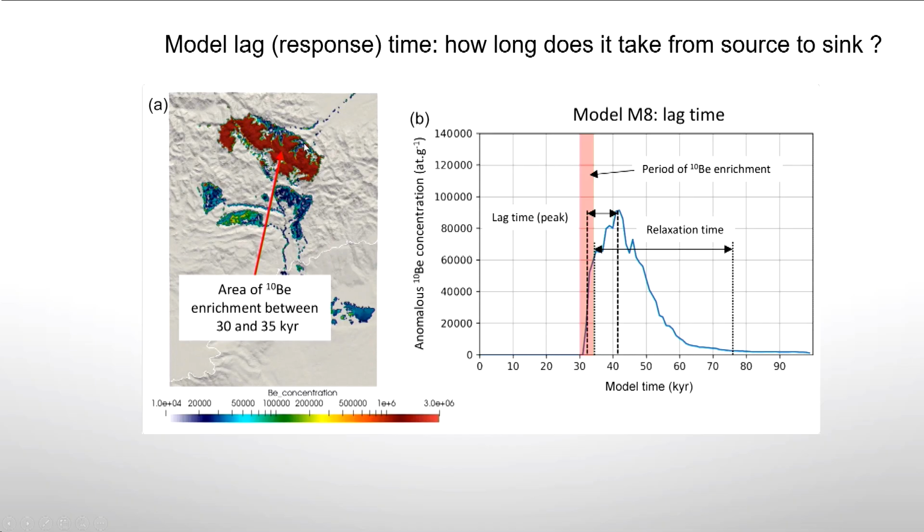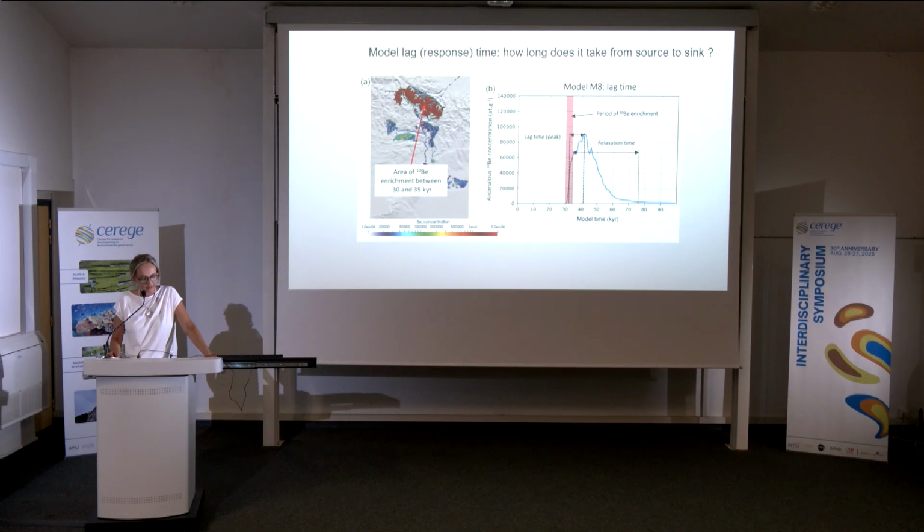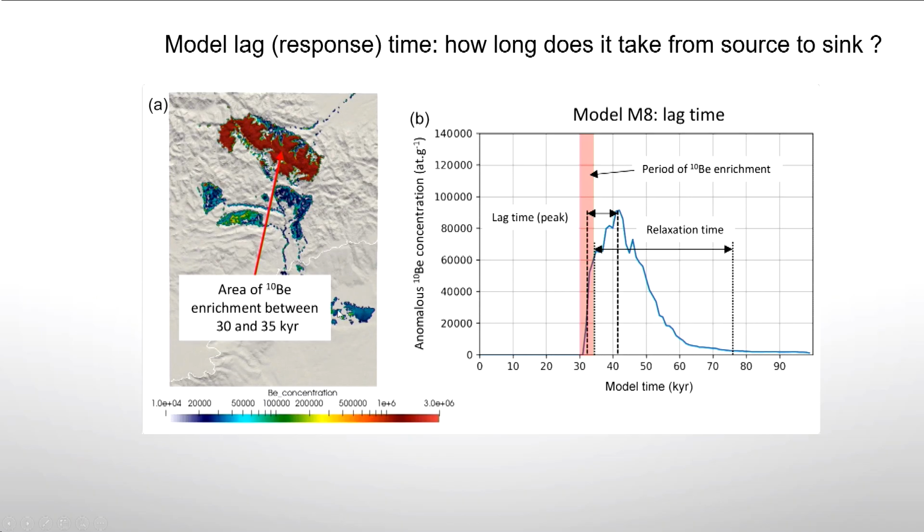It's exactly like if I were dyeing the sediments with a bright pink and see what is the color of the sediment that have been deposited later on in the deep basin. So there is an area here of artificial beryllium-10 enrichment during 5,000 years, and we are just sampling here at sea what's happening. And as you can see here, there is a signal that occurs, so it's the blue curve in the deep basin, that seems to